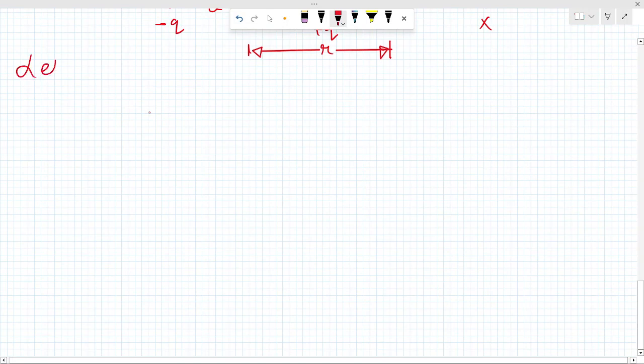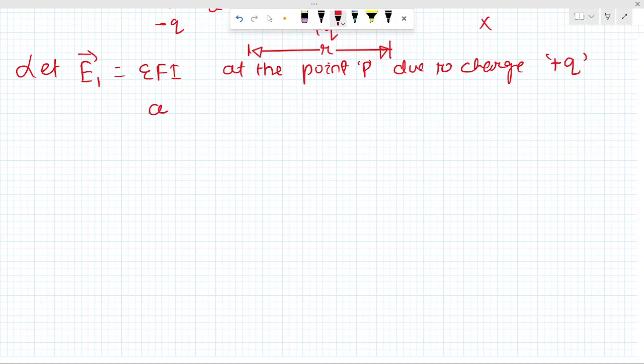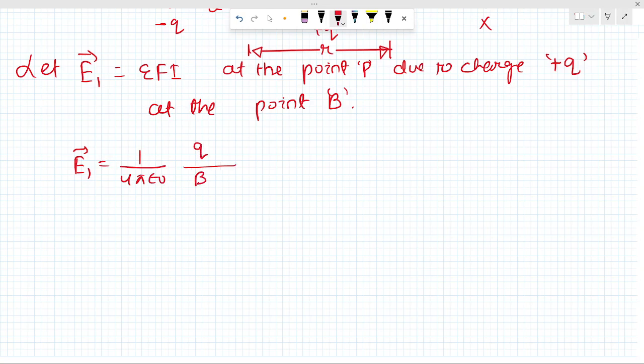Let E1 vector be equal to the electric field intensity at the point P due to charge plus q at the point B. So E1, if I write the expression, is 1 by 4 pi epsilon naught q divided by the length BP